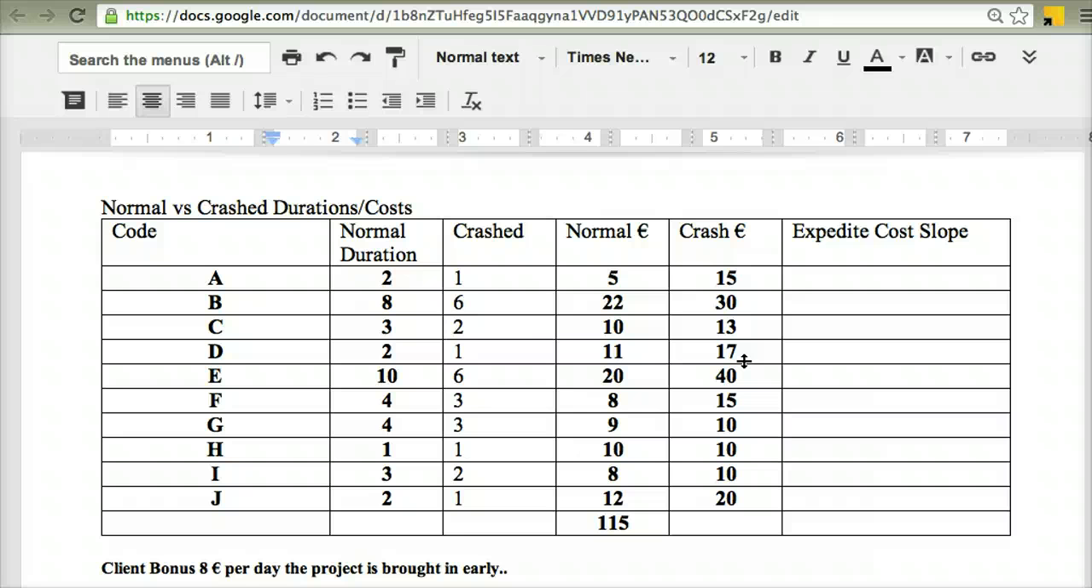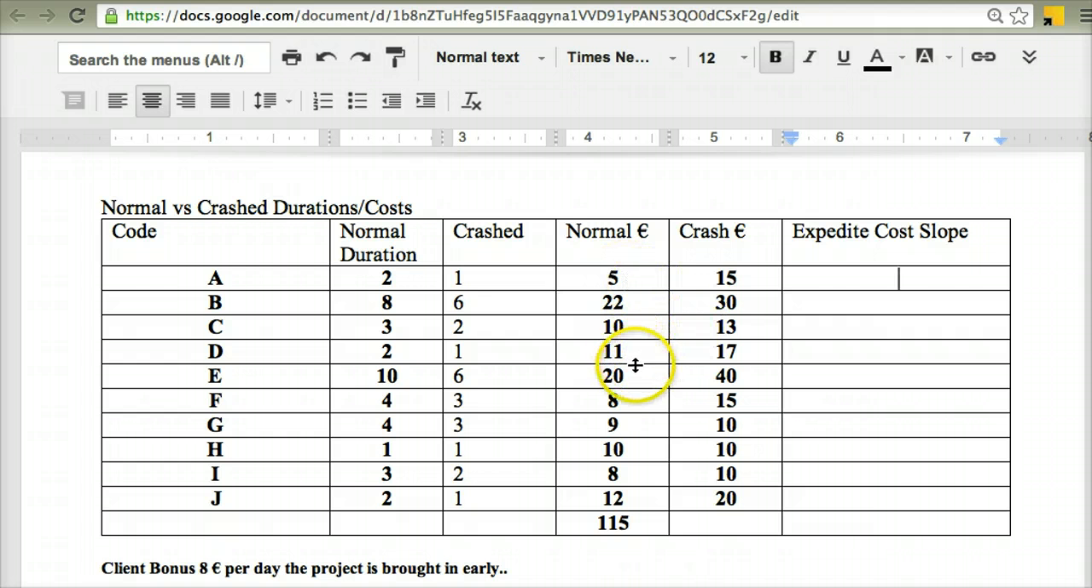Now, if cost isn't an issue for the project you are dealing with, and it's absolutely essential that you crash the project no matter what the cost is, then this step doesn't really matter that much. But as we all know, money talks, so usually cost is a big factor. And the way that we have put down the cost so far in terms of normal versus the crashed amount of money here is